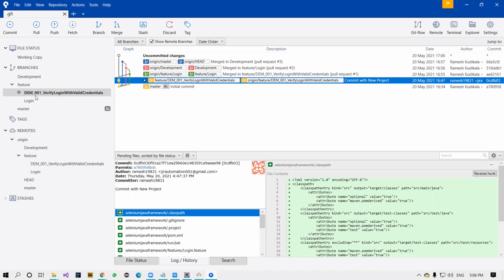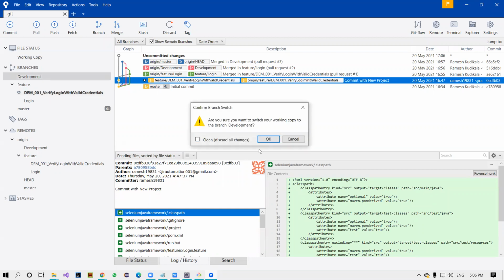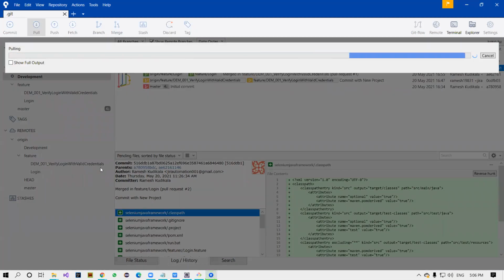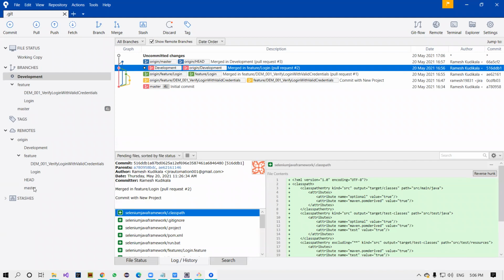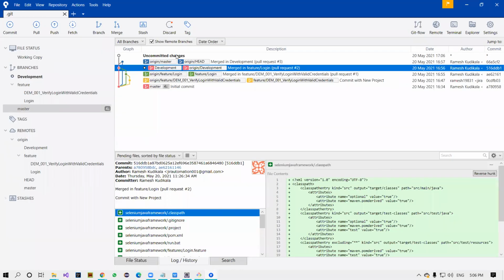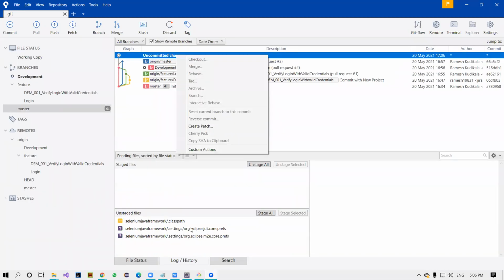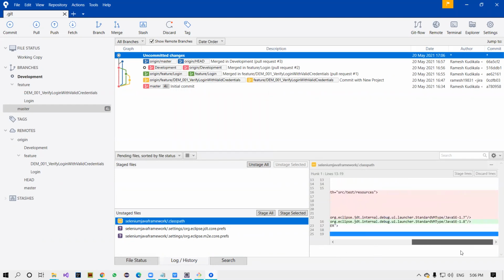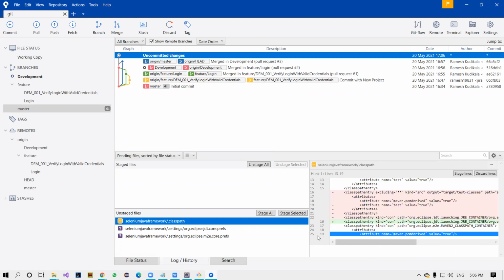Okay, I think you're on this branch. I'm going to check out the master branch, the development branch. Now I can go and pull it. What happens here? I cannot see anything here. I think some updates are in the master branch. Let's see. Oh, what happens here? Uncommitted changes. What are these uncommitted changes? Okay, Jira. I think I had some Java files there, right? Let me go and commit this folder.